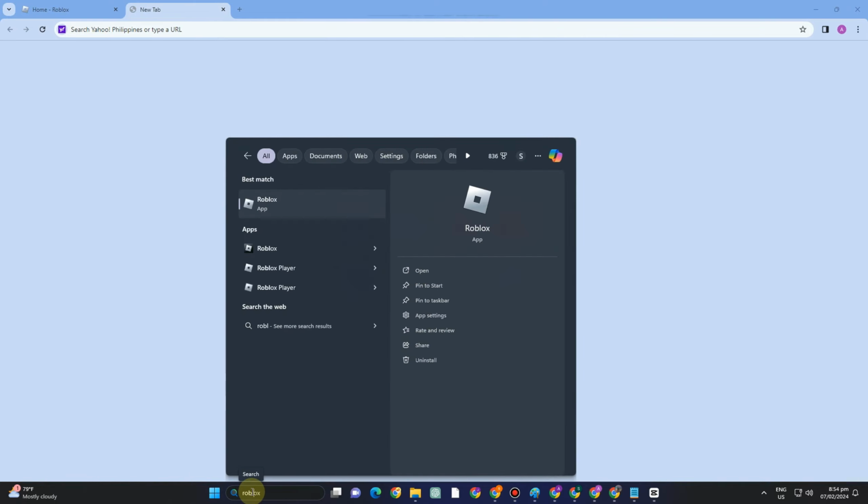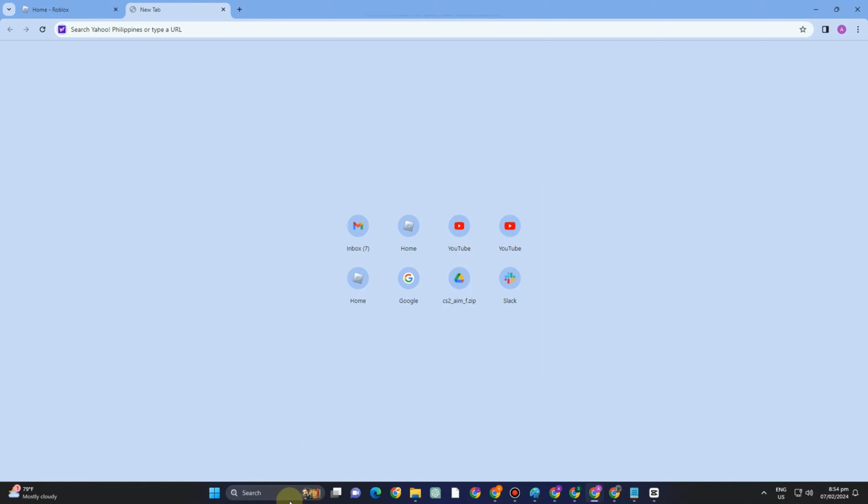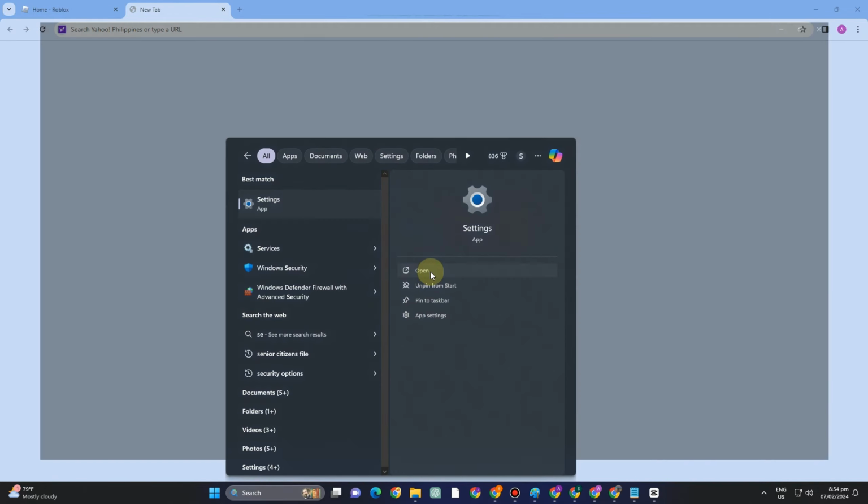Second, you have to type or search for Roblox and then run it as administrator. After that, launch Roblox again and see if it's not crashing anymore. Now, if the issue still exists, or you still encounter this crashing while playing, the third thing to do is